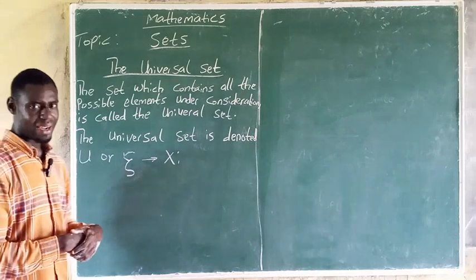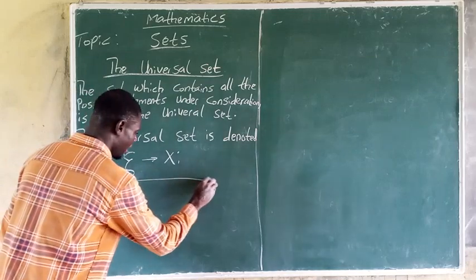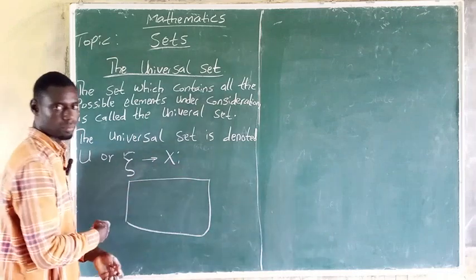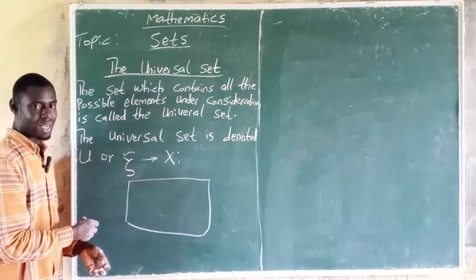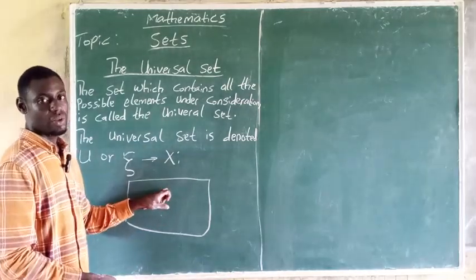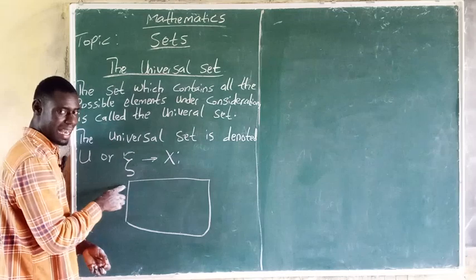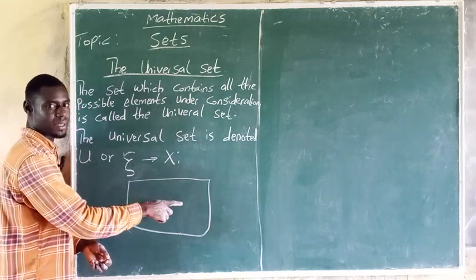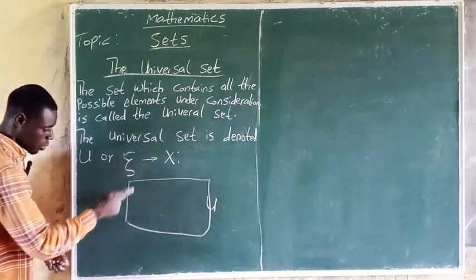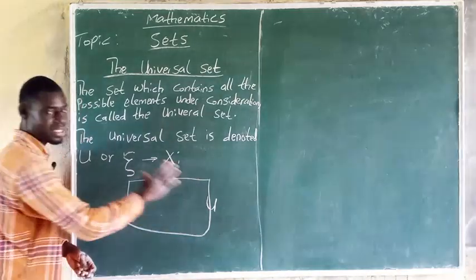Now let me use a Venn diagram to elaborate a little bit. For example, if I have a boundary, you see these four corners, this rectangle I have now. Everything you can find inside here is what we identify as a universal set. Anything outside is not part of this set. So I can put my universal set anywhere. From this place to this place, everything inside, the accumulation of everything inside,